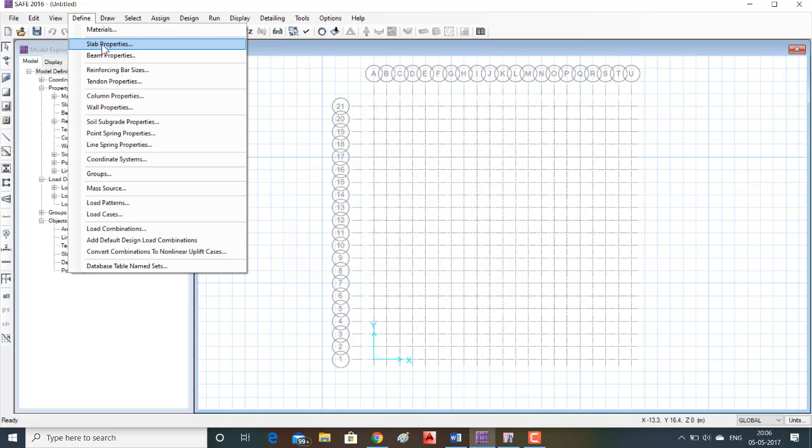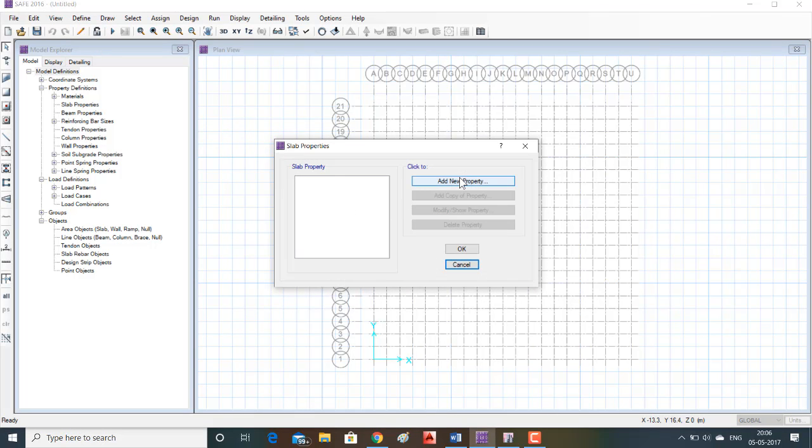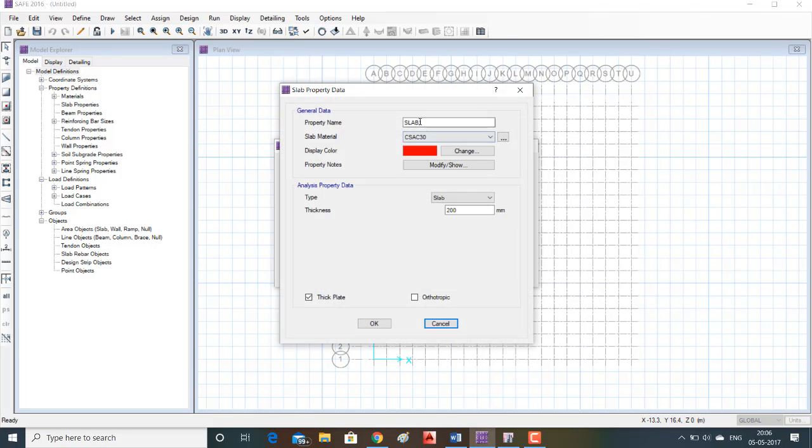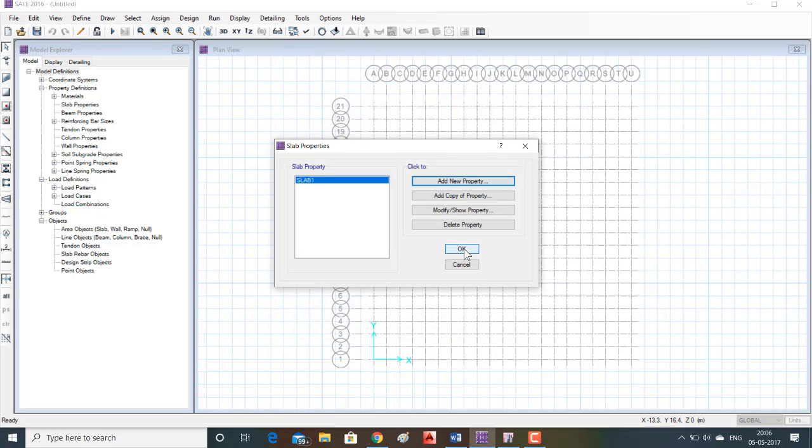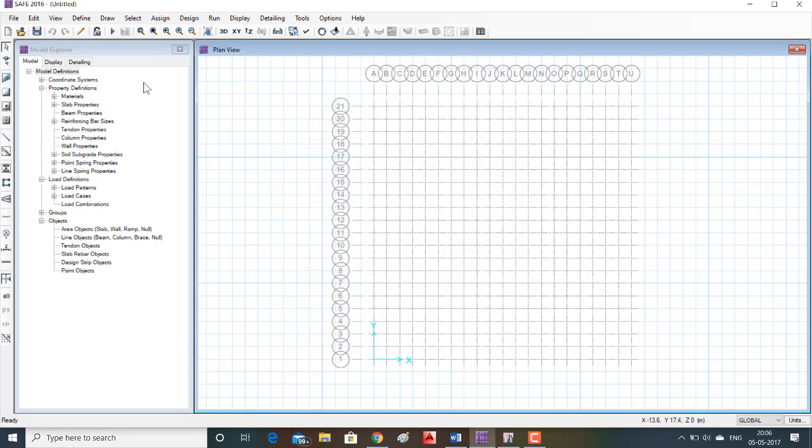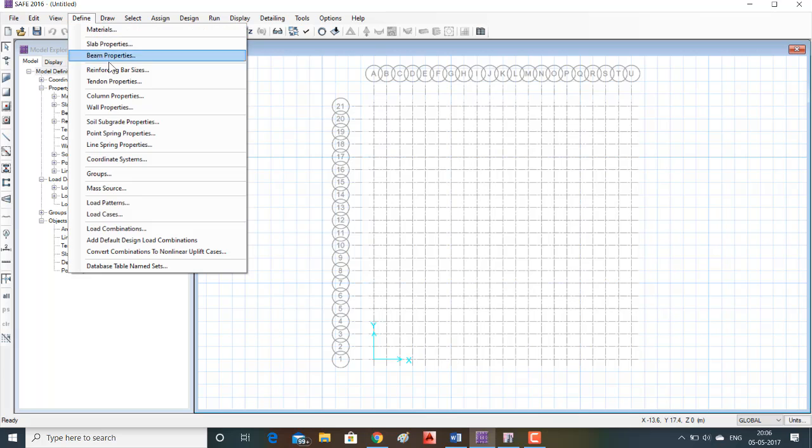Go to define slab property. Add new slab property. Slab 1, M40. Slab as mat. Thickness I am giving as 600. Click on OK. Slab properties have been defined. Click on OK. Now go to define